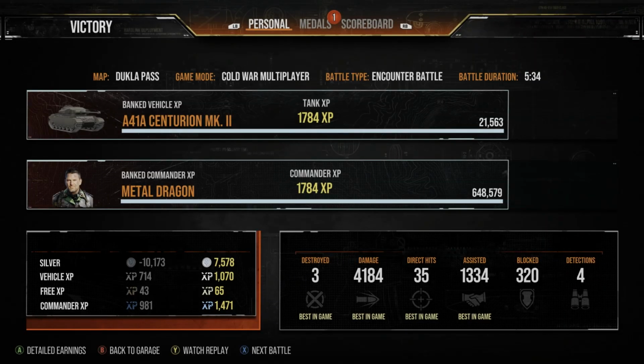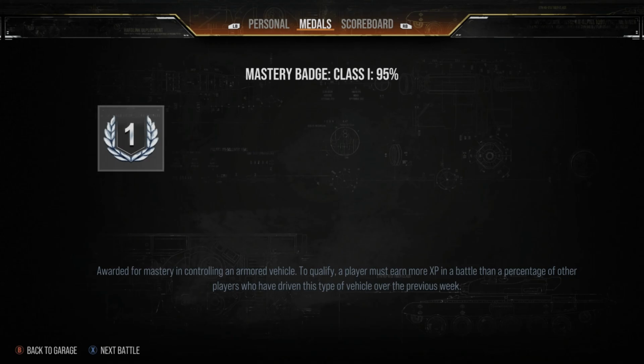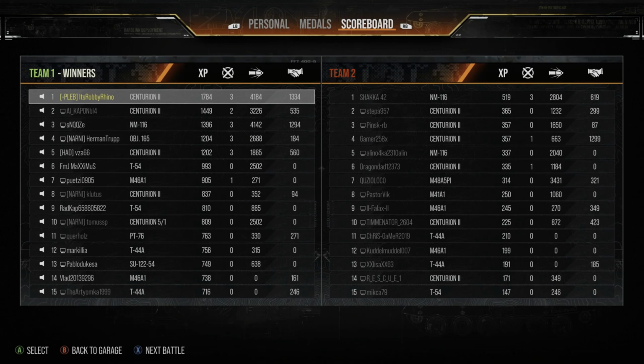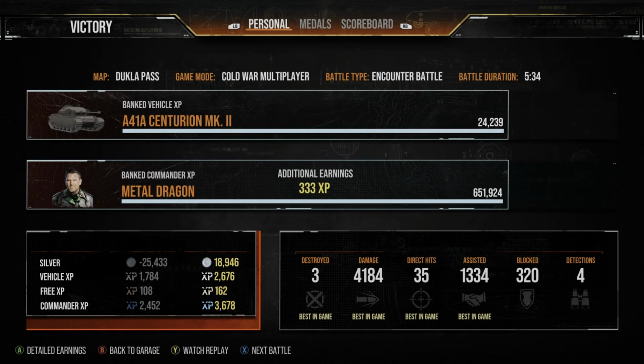So in that game, we have a lovely result. We pick up 4.1k direct damage, 1300 assistance damage, 3 kills, and get 1784 base experience points and finish MVP. Even prior to all that premium, we still make a slight profit, and